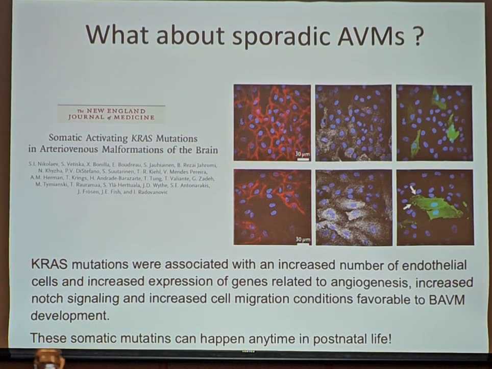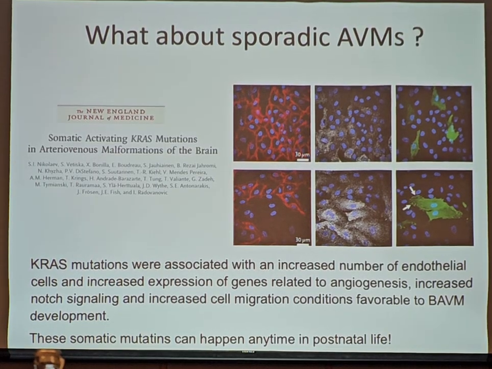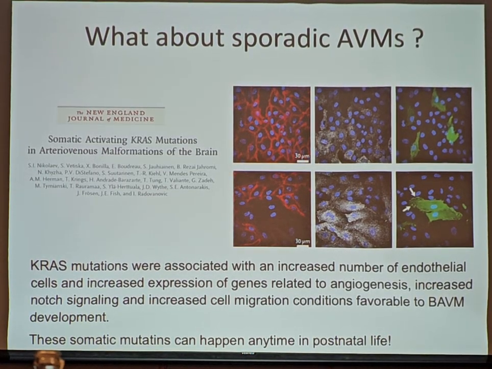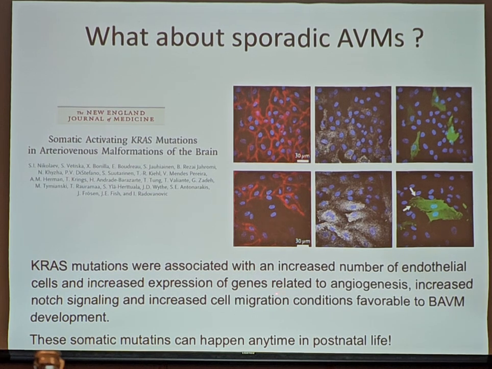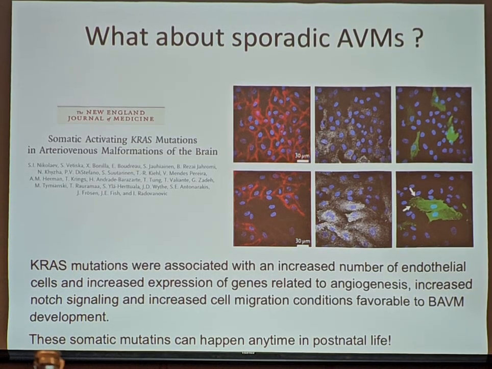What about sporadic AVMs? This is work that we did back in Toronto with Ivan Radovanovic, where we looked at the sporadic AVMs and found that a certain mutation is present in the large majority of patients with sporadic AVMs. This mutation is of importance for cell migration, and this means that the cells are now migrating without the signal guidance from your HIF-VEGF, and therefore have no idea where to go to, and have no idea what to connect to, and will therefore form those brain arteriovenous malformations.